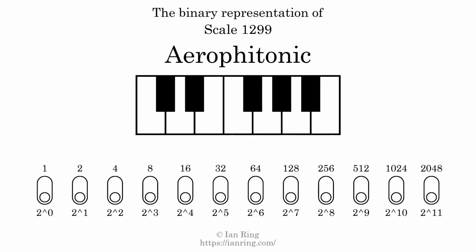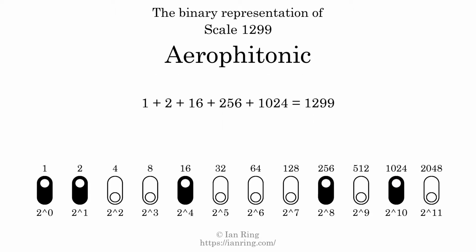The binary representation of this scale is determined by mapping tones of the scale to binary digits. Each binary digit represents a power of 2. To get the scale number, we add the powers of 2 together. The powers of 2 that are present in the scale, all added together, equals 1299. That is why the scale number, in decimal, is